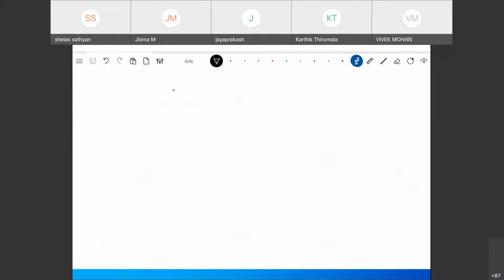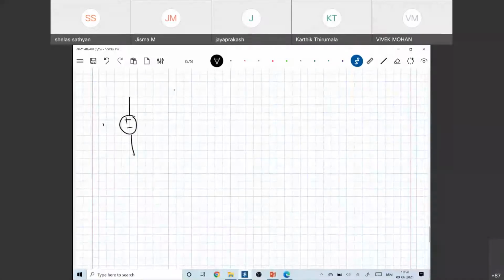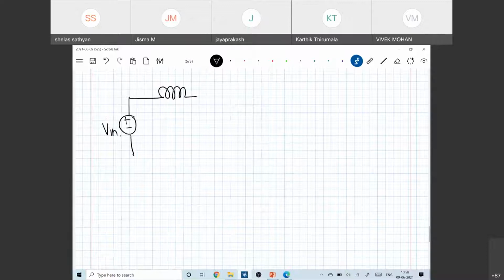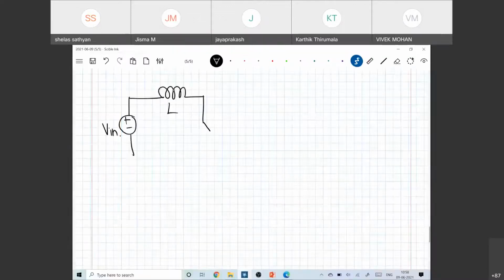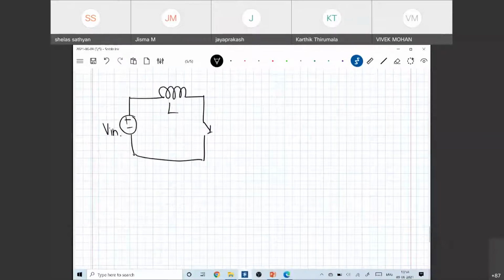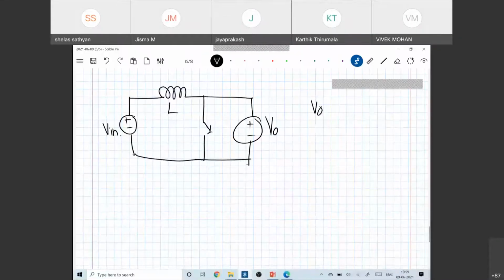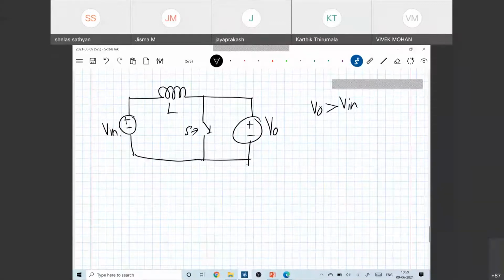Let me consider a simple converter, which is known as the boost converter, where we want to design an inductor for this boost converter. If you don't know the boost converter, let us think that there is an input voltage and one inductor and one switch. On the output side, let us have another voltage. I'm not drawing exactly the boost converter circuit. This output voltage, let us consider it is greater than V. So this is the switch S.